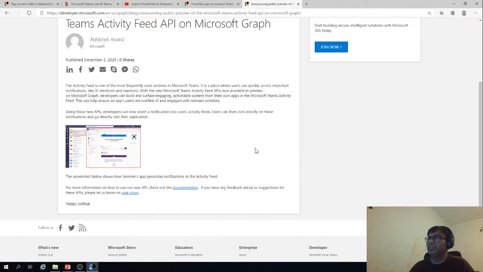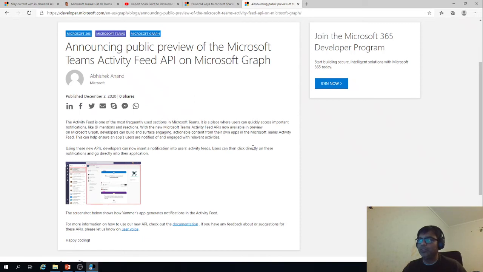The last one for today is about announcing the public preview of the Microsoft Teams Activity Feed API in Microsoft Graph. So basically, we have the activity feed in Teams where you get notifications for a lot of activities, if somebody has mentioned you or somebody has reacted to your message, or replied to your comment or something. So that activity feed is now available for you through Graph API, which is in preview right now. So you should not really use it in production if you're planning. But right now you can try it out at least, and I think this will add a lot